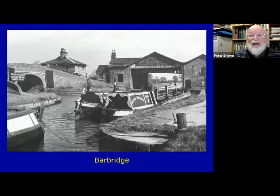Another lost building, unfortunately, the building on the right, a very nice transshipment warehouse, because you've got a sort of canal crossroads here. This is Barbridge. You've got the main line behind us and through the arch of the warehouse. To the left is the branch to Middlewich, and in a mile or 2 further on, you can turn right